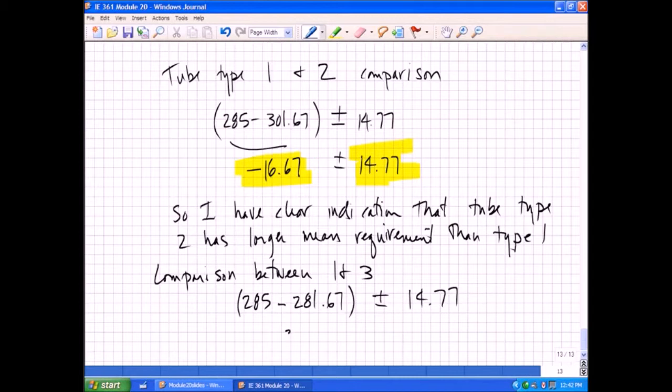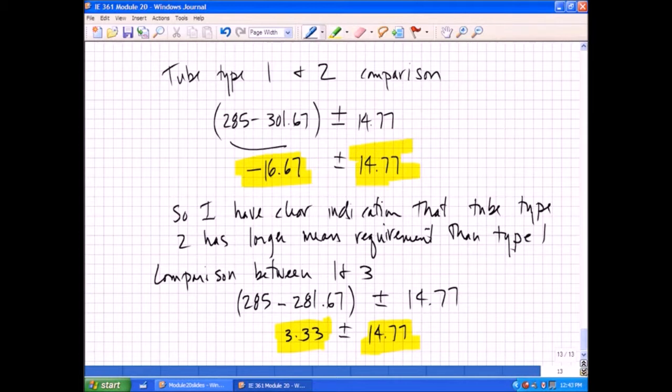This difference is about 3.33 plus or minus 14.77. And my point here is that now this margin of error is bigger than this difference that I'm estimating,